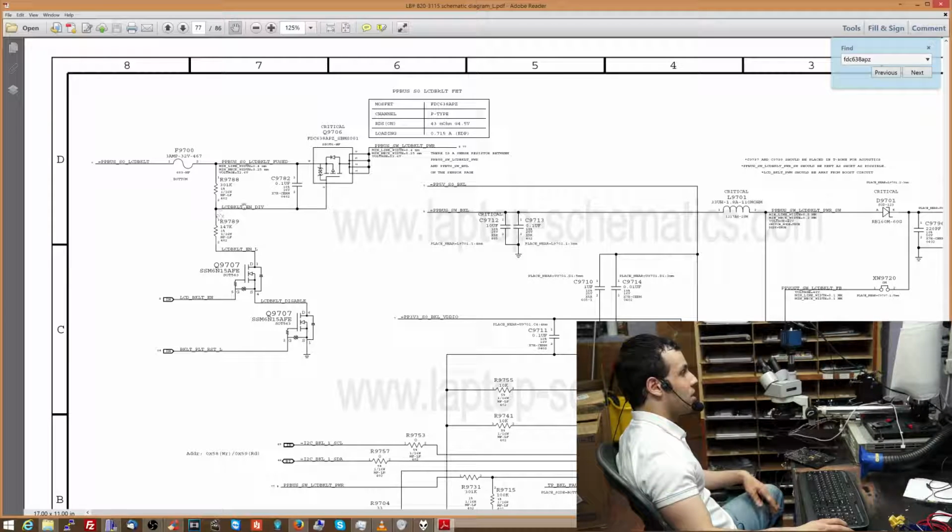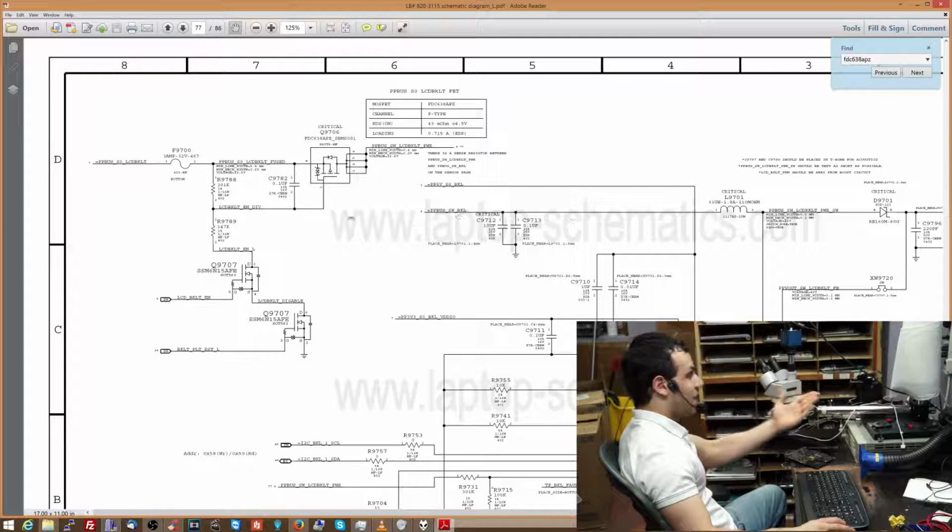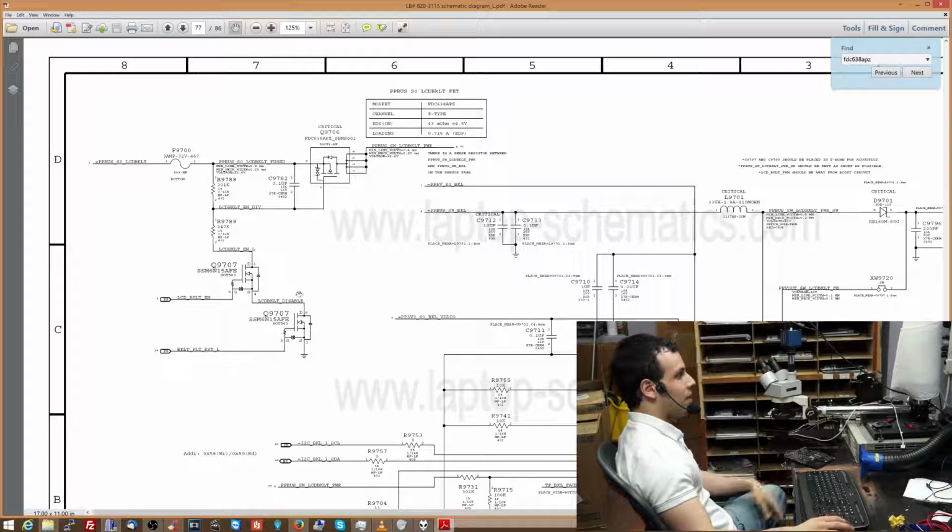So what's going to happen here is that you're probably going to get something lower, like 3 volts or 5 volts or 2 volts on the gate of this transistor. And since the gate of this P-channel MOSFET is going to be lower than the source, that's going to tell the transistor, hey, open, let power through. The gate is only 2 or 3 or 5 volts, whereas the source is 12. That means we can open and come out the other side. So that resistor is going to be turned into a 0 ohm resistor, and that's going to allow the power to go through. That's how you can tell the machine to start enabling the backlight circuit.